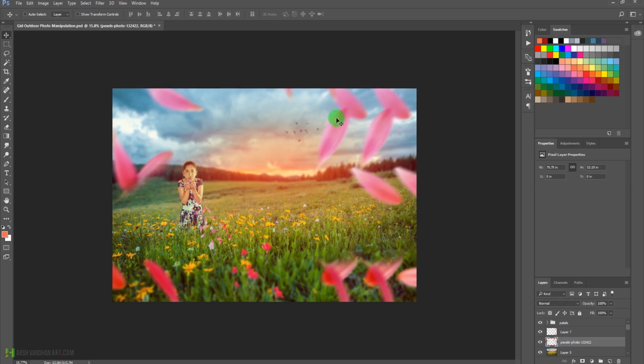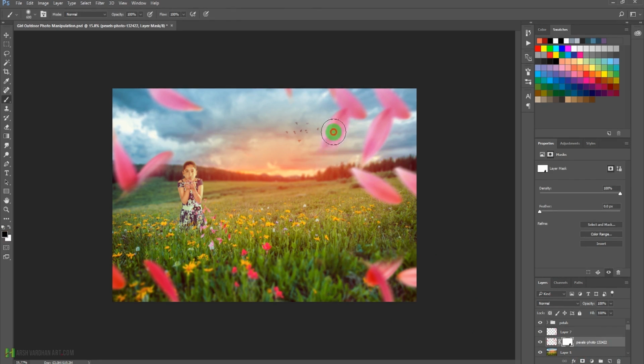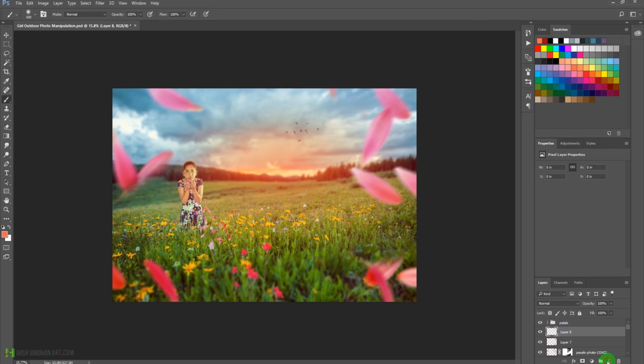And for that purpose, you can see we have this, we want to remove these, so we'll create a layer mask again with the brush tool. With black color we can paint in to remove it from there, and let's paint one more in the middle. Okay, so we'll create another layer,